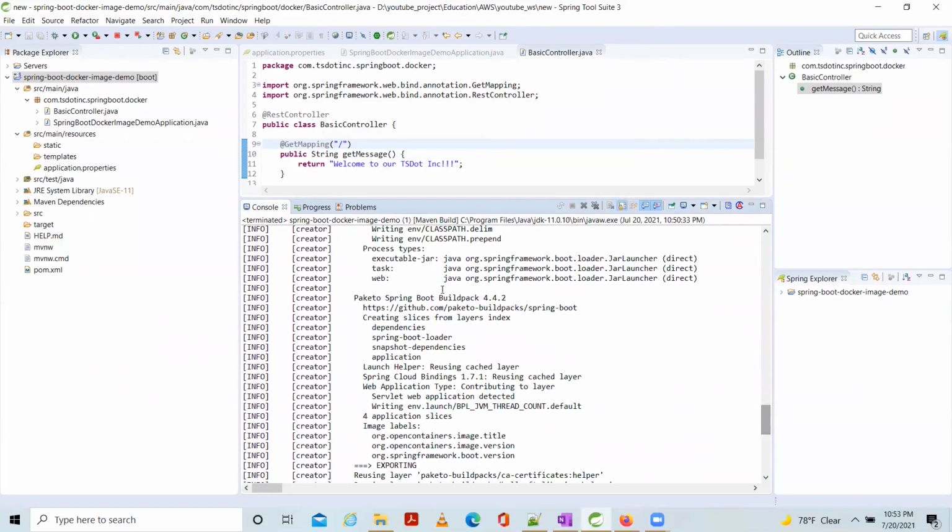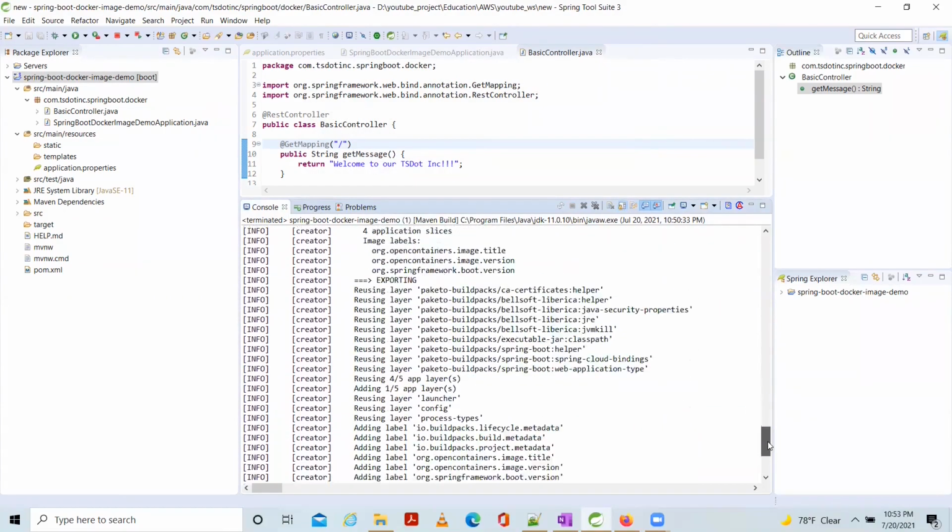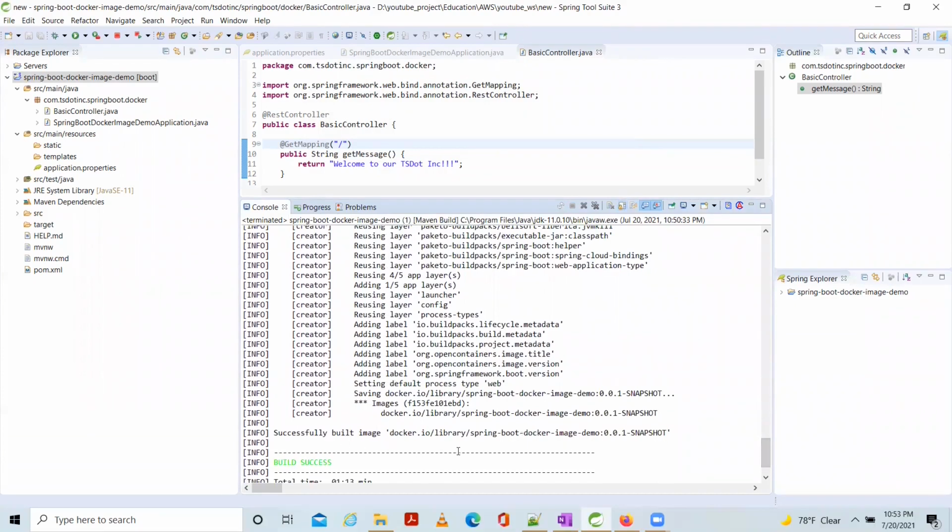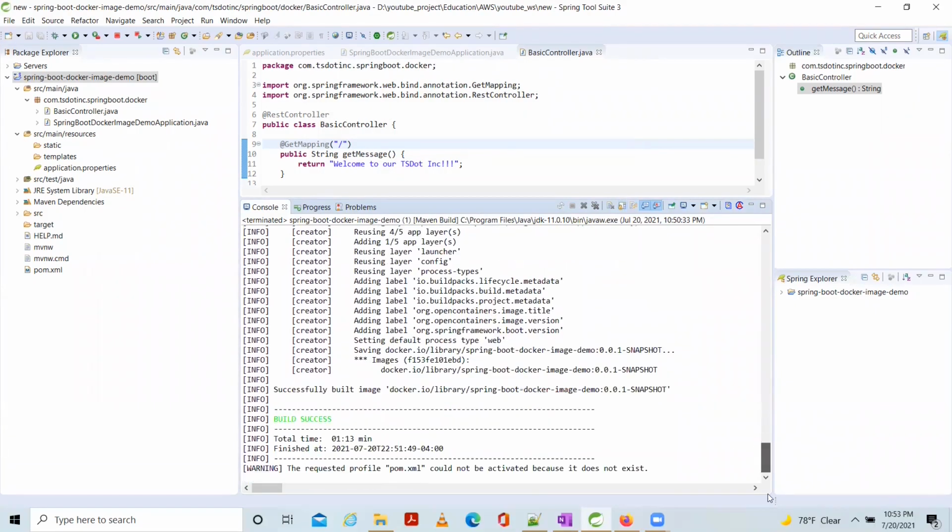Everything is added and packed into one image.